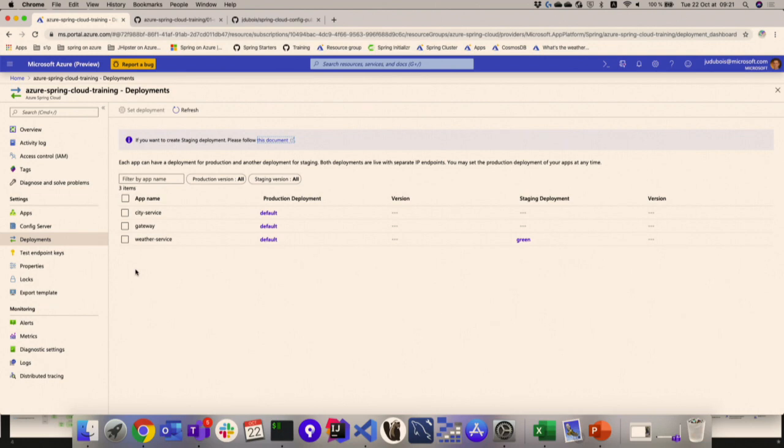I mean, if your Spring Boot app takes 20 seconds to start up, it's not really important. You're starting it up in a staging deployment. When it's good, you swap with the production. So you don't have any issues with the startup time or failed deployment. You can test